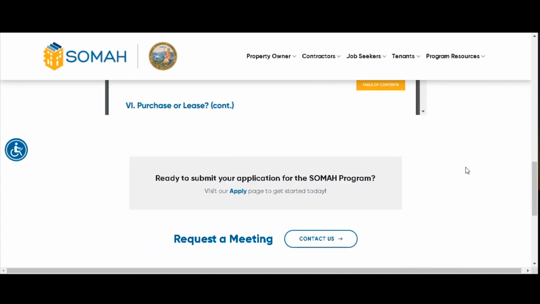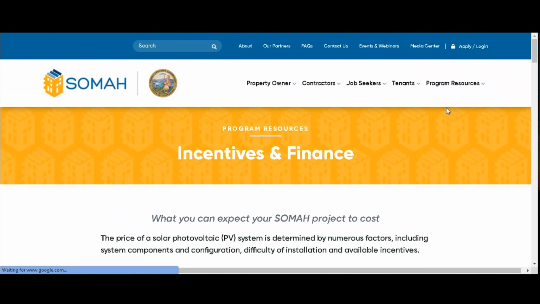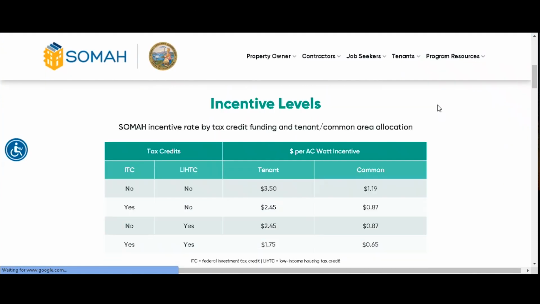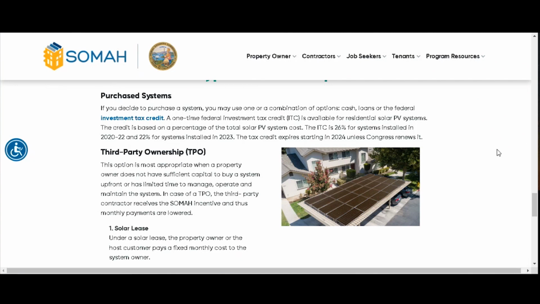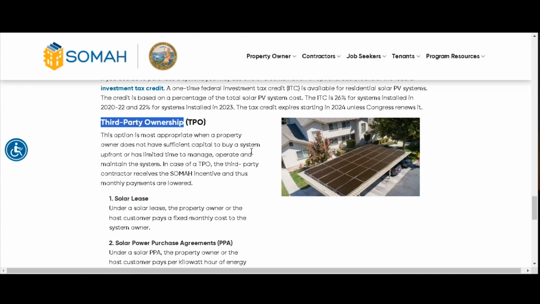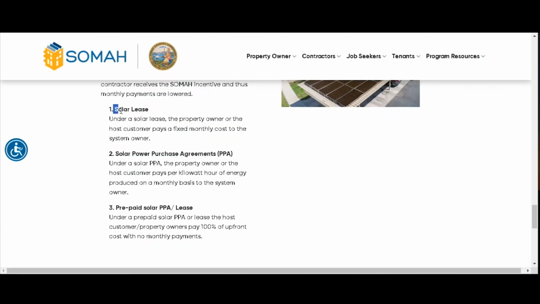If you would like more information, you can also go to Program Resources under Incentives and Finance, where it will show you down here the types of ownerships. So you can go with a host customer owned system, or you can go with a third party owned system. So for third party owned systems, there are a couple different options. So one of the options is a solar lease, where the property owner or host customer pays a fixed monthly